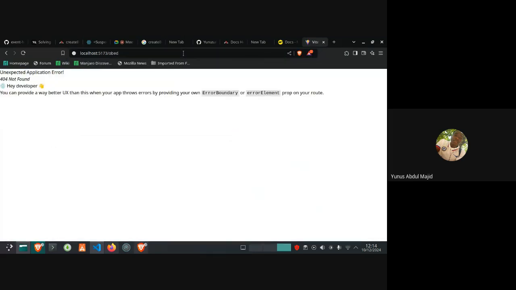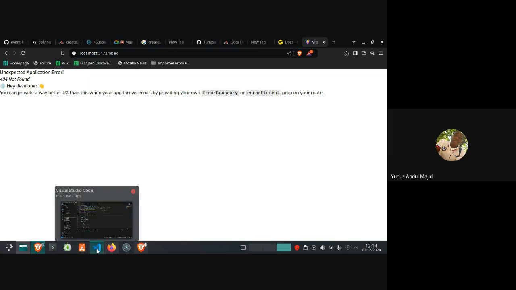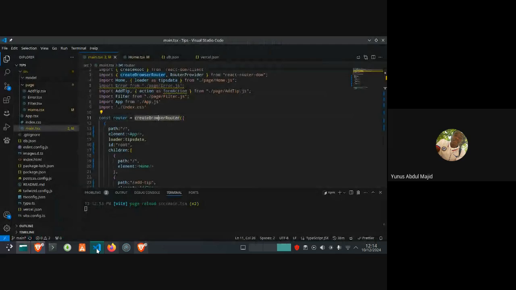The route slash object, see, it throws an error. To undo this error, instead of showing this interface to the user, let's give the user something that looks somehow beautiful, so that they feel like something is happening.